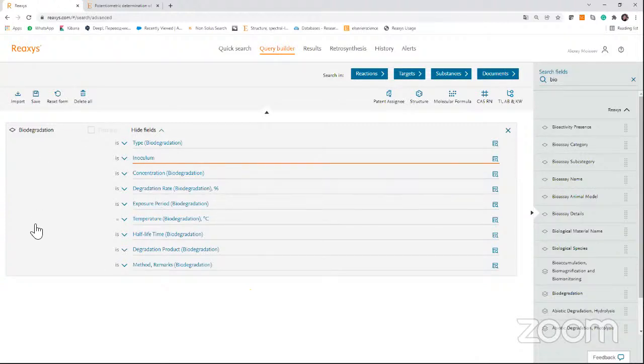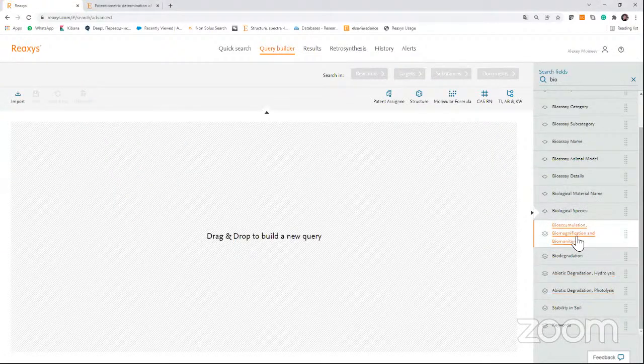You will find everything. Also could be interesting information for you on bioaccumulation, biomagnification, abiotic degradation. Probably it will also help you.